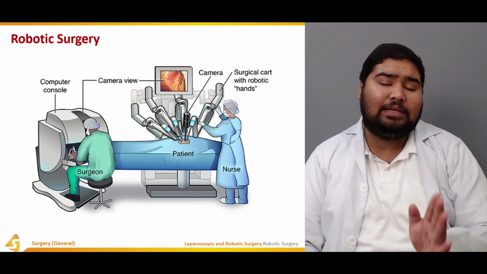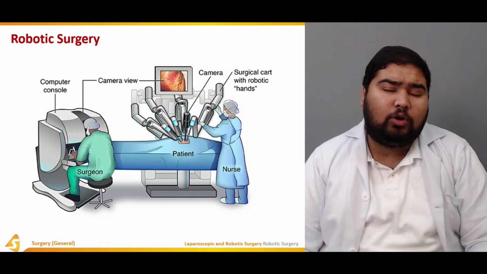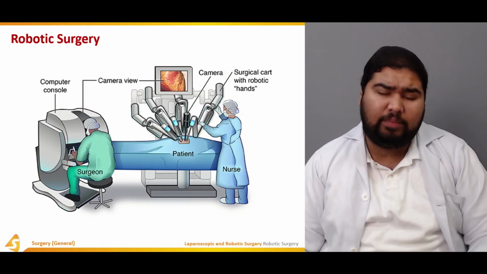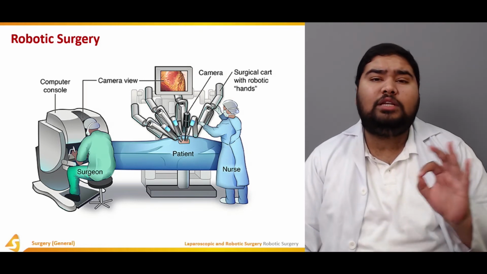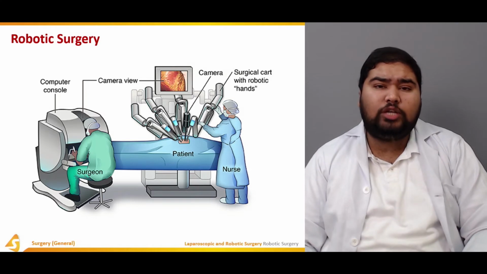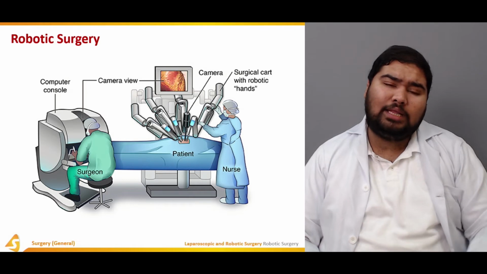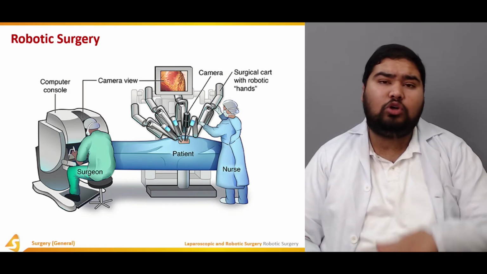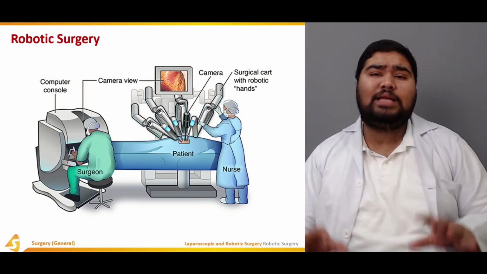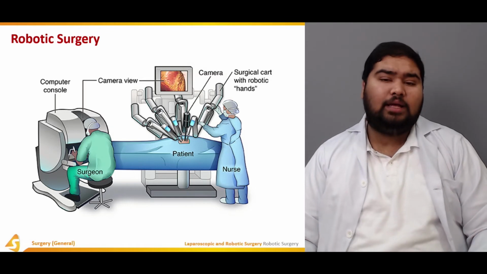Now, there are not a lot of surgeons when a robotic surgery is being performed. Usually a single surgeon is performing the surgery. It also reduces the number of surgeons or doctors required to perform a surgery. A lot less help is required in the OR, so it cuts down on the doctor and medical expenses as well. The instrument and the device itself is very expensive, so there's that.